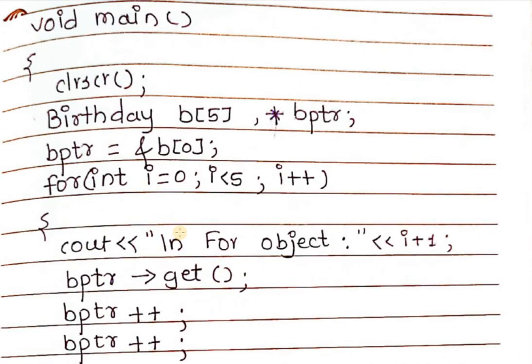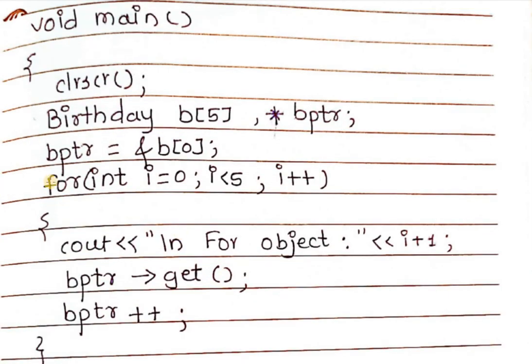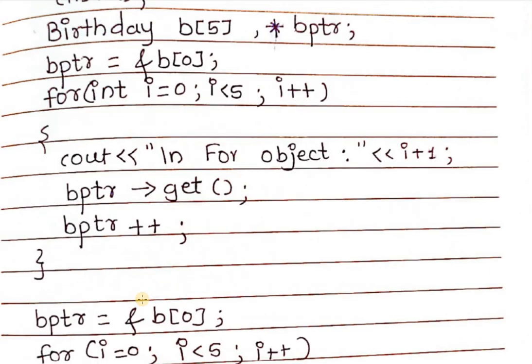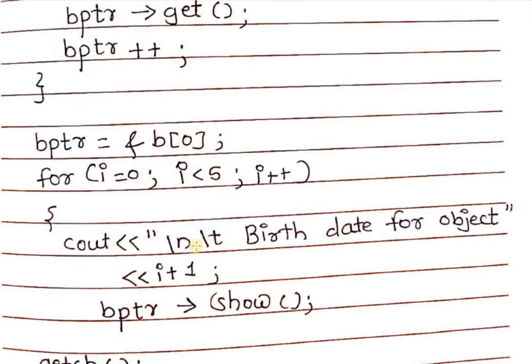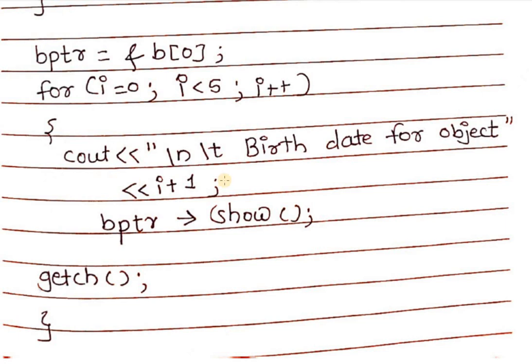Then here we want to store the data of 5 objects. So here the array of objects is used and one pointer is specified. Then that pointer variable contains the array of objects 0. That means it is initialized to the first object of the class. Then by using a for loop, we are calling the function one by one, and by using a for loop, we are displaying the data for each object. This is your third program.